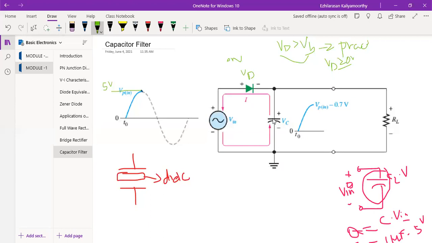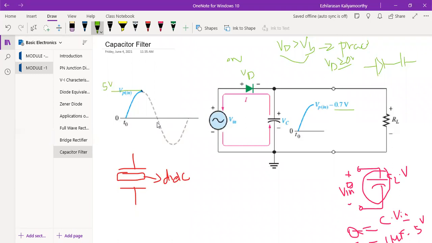If it is on, the capacitor will start to charge. See here, it is charging. It will go up to the peak level. After this, the voltage will get down, right? When it is coming down, when your diode starts to conduct, as you know by approximation, the diode voltage has a barrier voltage drop, that is 0.7. Up to that, and after that, during the negative cycle, what will happen?